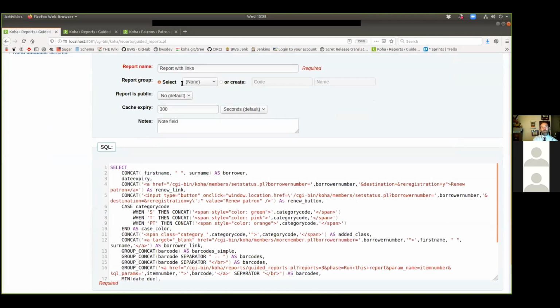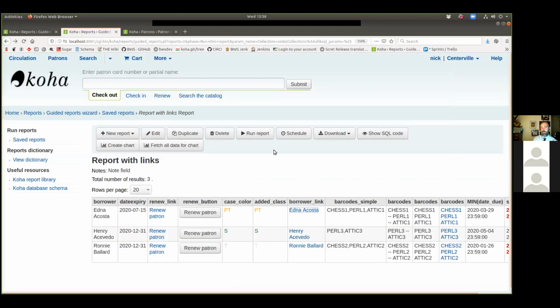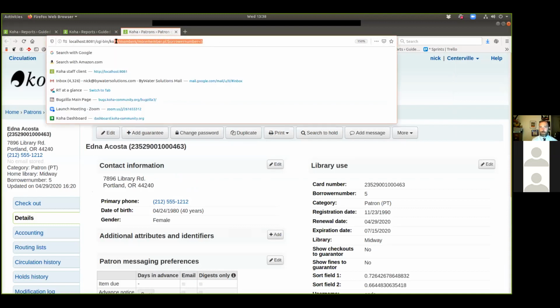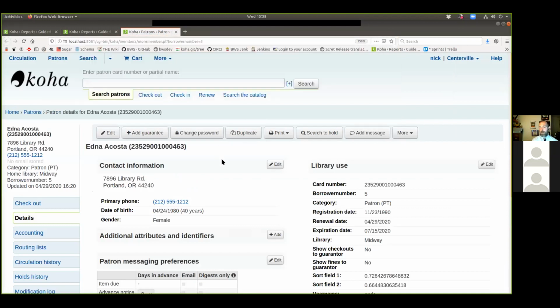So that's kind of the start. We can get a little bit fancier with what we do with these links. And part of that is due to the fact that Koha is persistent in a lot of these. These links that you have up here will always take you to the borrower number. We can use that to do some fancy things like take actions on borrowers. One of the things you'll note under more here for the patron, we have,